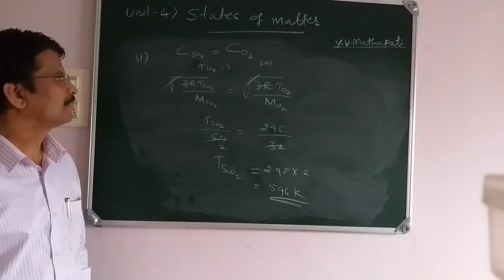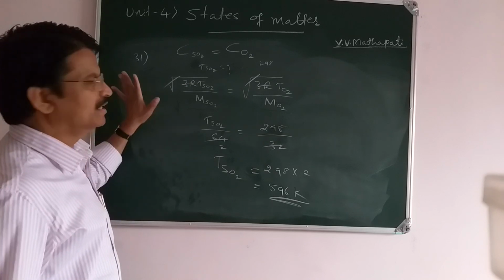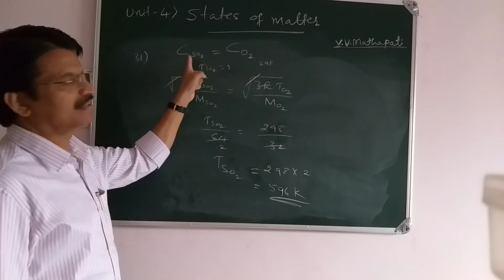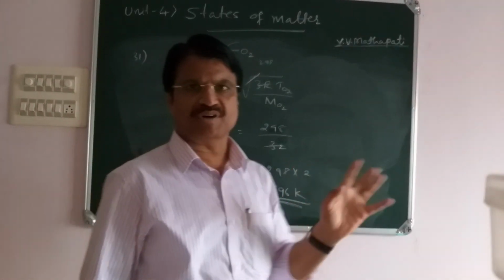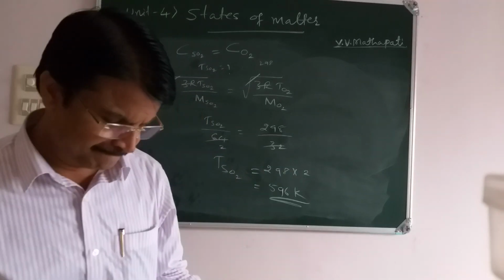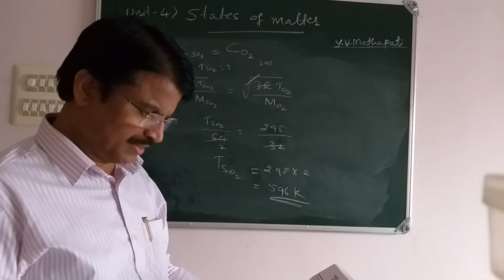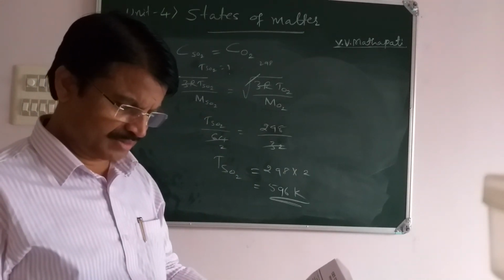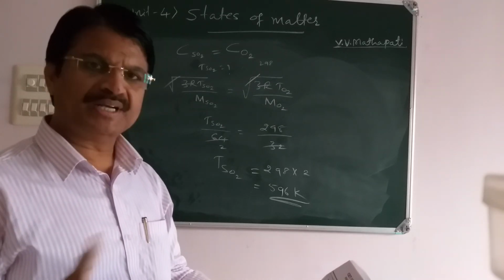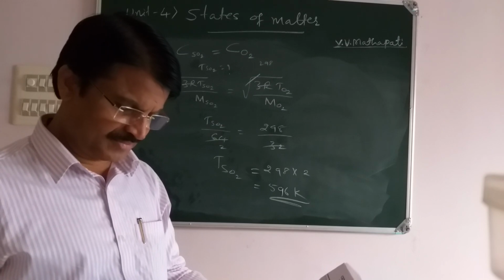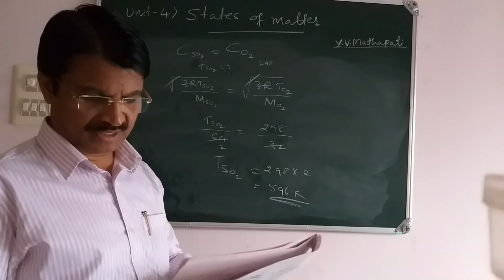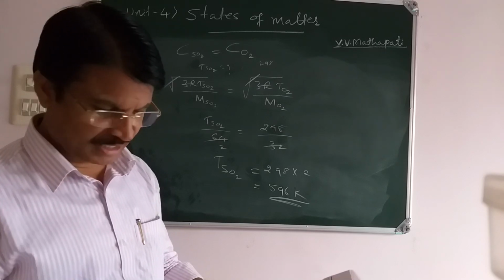So in this question, what did you study? If one temperature is given, you can find the other temperature under the condition that RMSV is the same for the two cases. One more type: in question number 30, T1 T2 were equal. In question number 31, T1 T2 not equal, and RMSV equal. But in one more question, see another type of question.